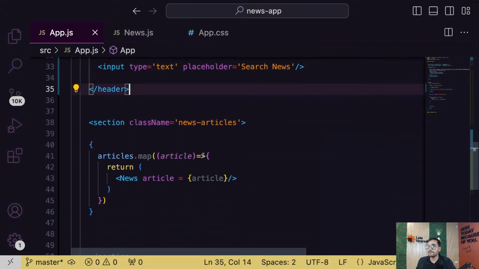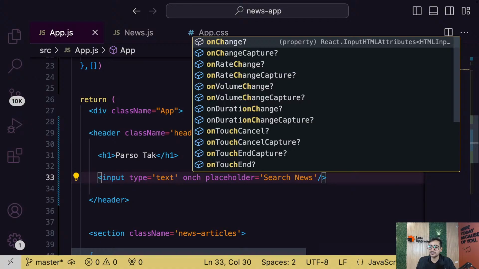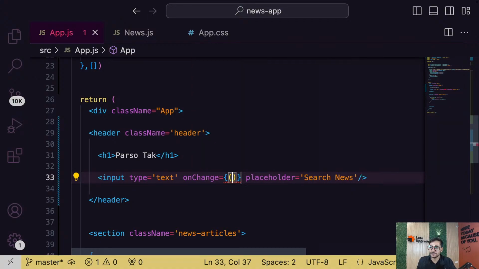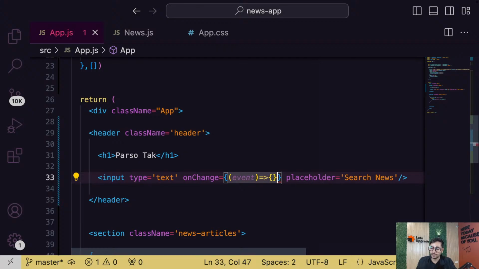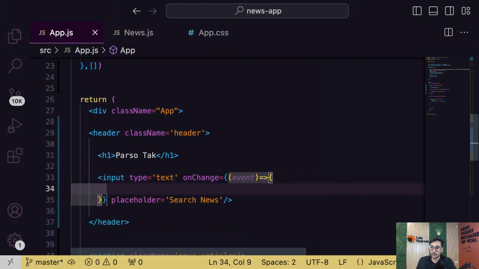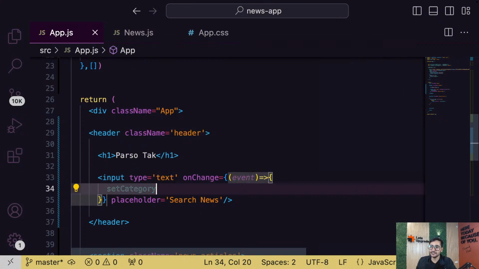So where is our category? Yeah, here we go. On change, whenever someone changes something in this text box, I'll call a function in which the event object will be available. And then what I'll do is I'll set my category, set category, equal to whatever the user is writing in that box.